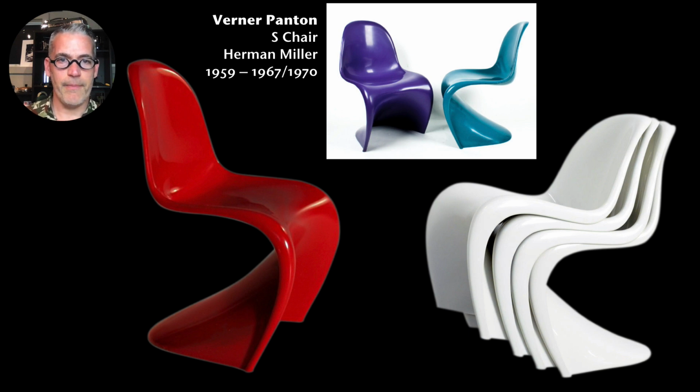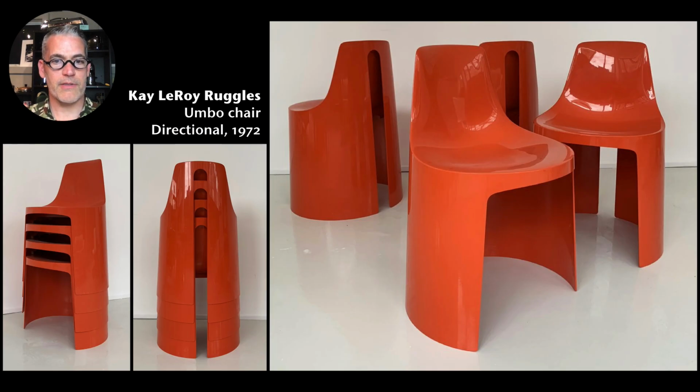this chair story. There's the Panton Chair, 1959 to 1967, finally arriving in 1970. And the reason it could be made in the 70s is that by then people had figured out what plastic could do, figured out how to manufacture on a larger scale, figured out how to produce those molds less expensively and more successfully. As a result, the 1970s saw an increase in one-piece plastic designs. And those designs started to travel beyond the more experimental boundaries of Italian manufacturing, but they're still statement pieces more